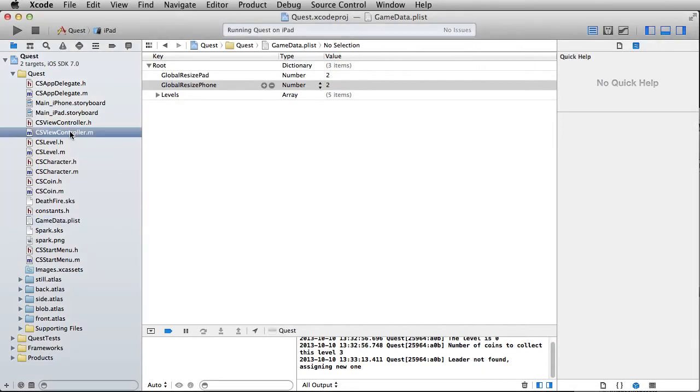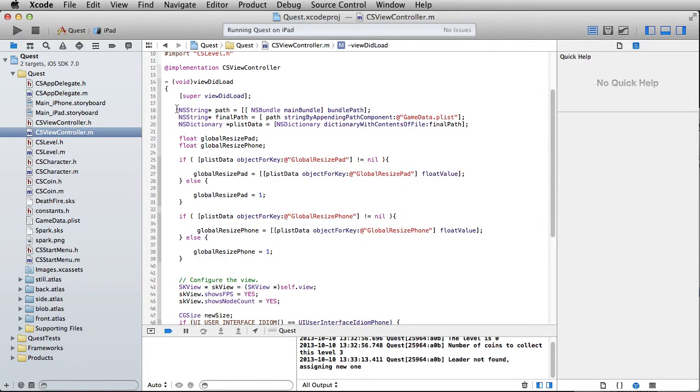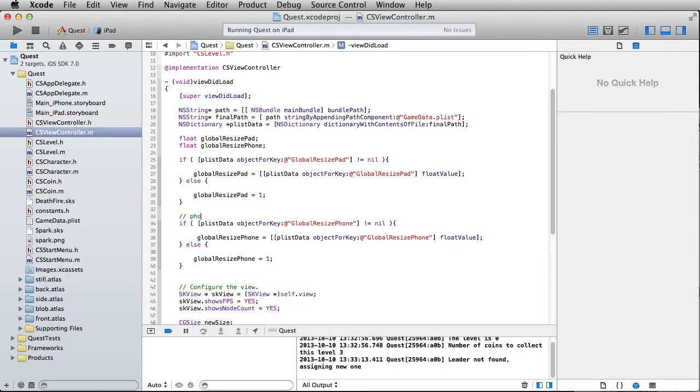Over here in the view controller, oddly enough, we haven't talked about this, but I brought in the property list values as usual. I set up a float variable called global resize pad, global resize phone, and again I just checked to make sure that that didn't equal nil, because if it does equal nil, I want that just to revert back to being 1 again. And of course, a float variable with no value is going to just be 0. Alternatively, I guess I could have just put equals 1 over here, but that's all right. Otherwise, you are going to use the float value from the property list, and the same thing is true over here. So just put a little note, phone resize, and iPad resize,